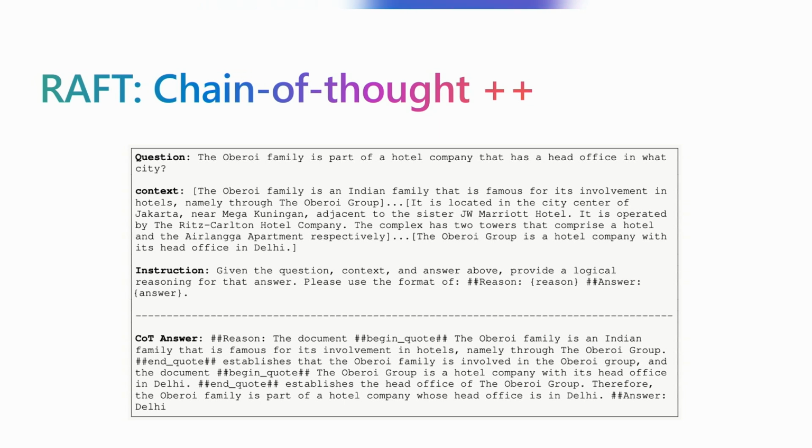The first thing is you're going to reason and say, look, I'm going to look at two documents. The begin document and the end document within hashes are verbatim citing the document. So you're forcing the LLM to cite the document that it's going to use to answer the questions. Here the LLM is going to reason and then cite the two documents verbatim, and then use these two documents to answer the question, which at the end you can see is Delhi. So the idea is you give the LLM a question, give it a bunch of documents. Can the LLM now pick the right documents, cite them verbatim, and then pick the answer from that by reasoning through the answer? So that's RAFT.